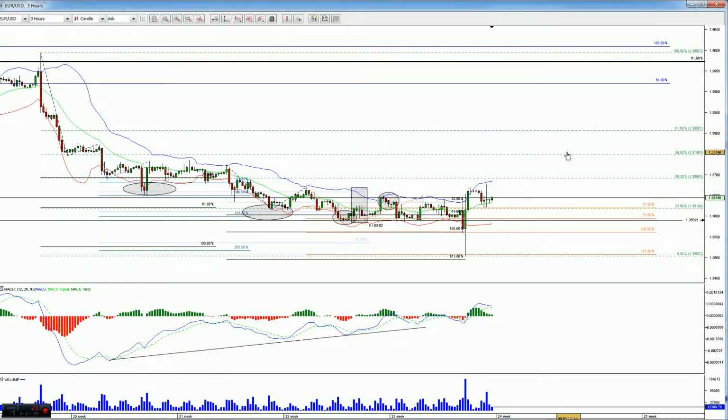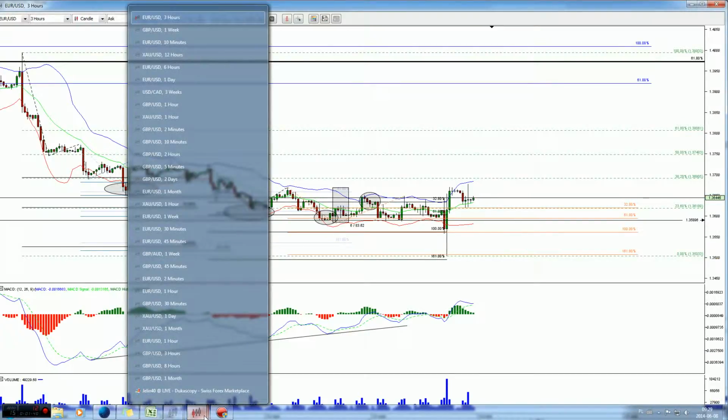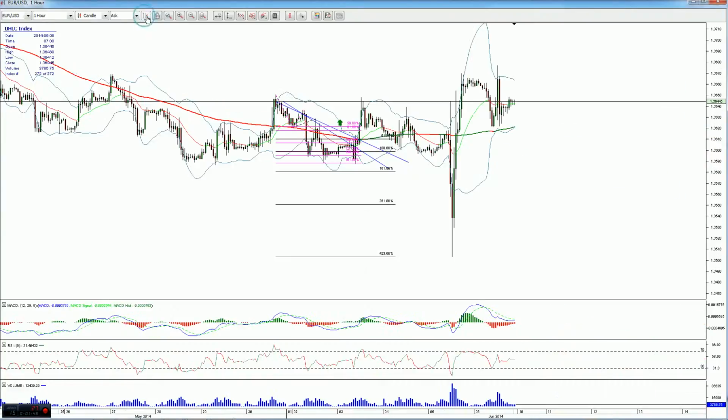Okay. So I do not rule out that this correction will keep on going up to the 61.80 FIBO level, based on these measurements. So this is pretty much the most probable scenario. Okay, so I will have an eye on it, and I will try either to send a long signal for this, or because it looks like we had already a five wave